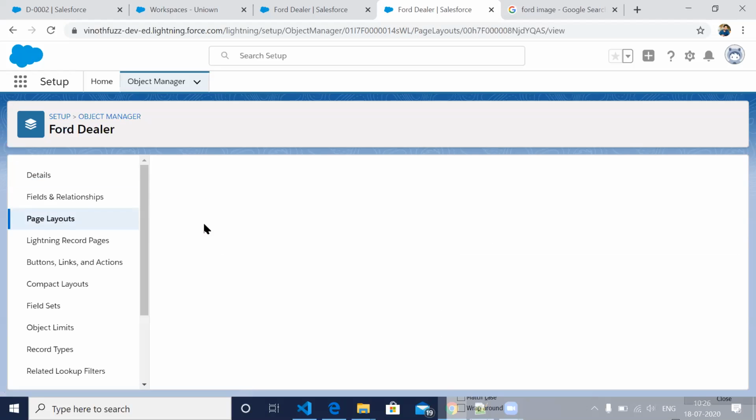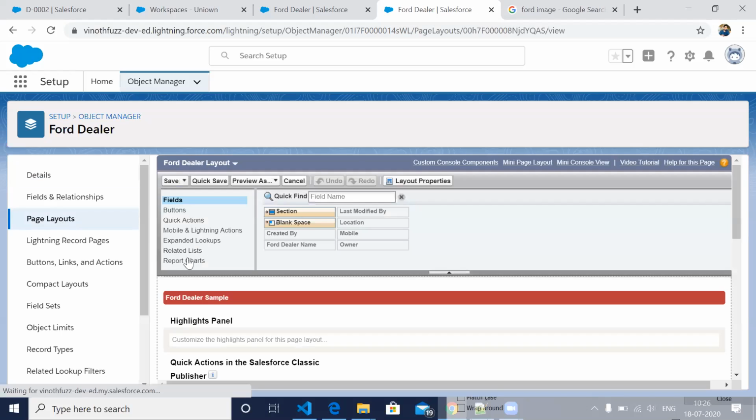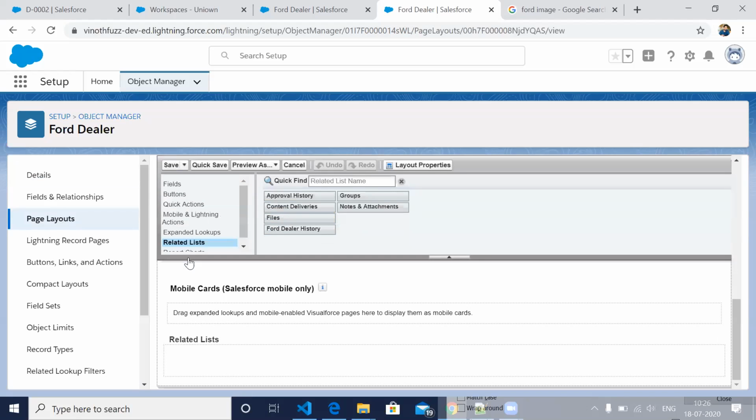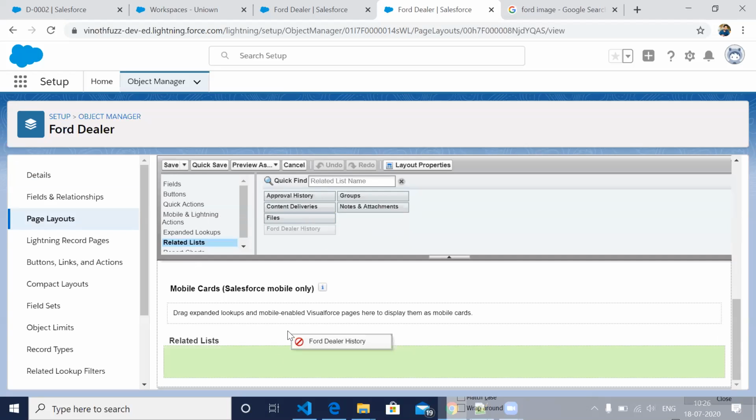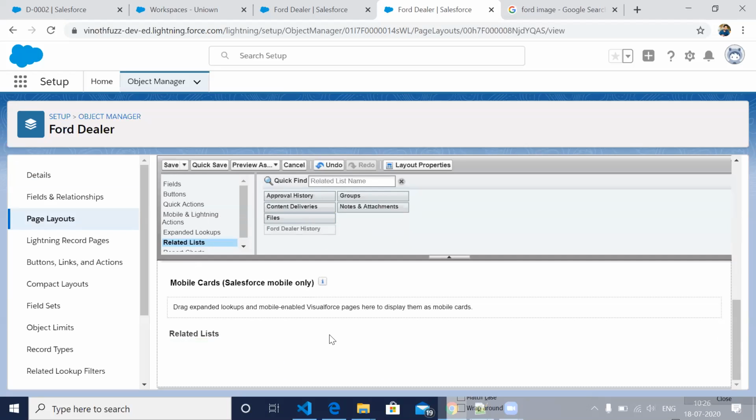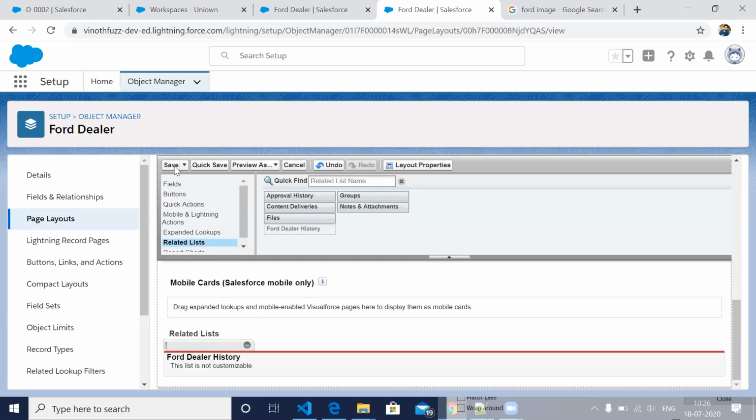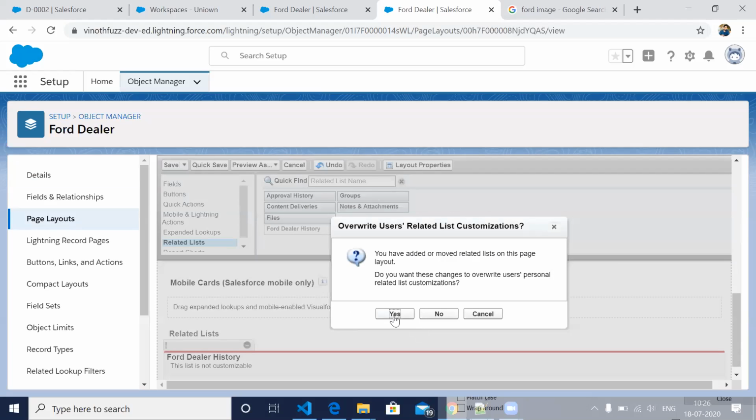Because we used to get one related list called field history. So here we are getting Ford dealer history. In the layout, I'm just saving it.